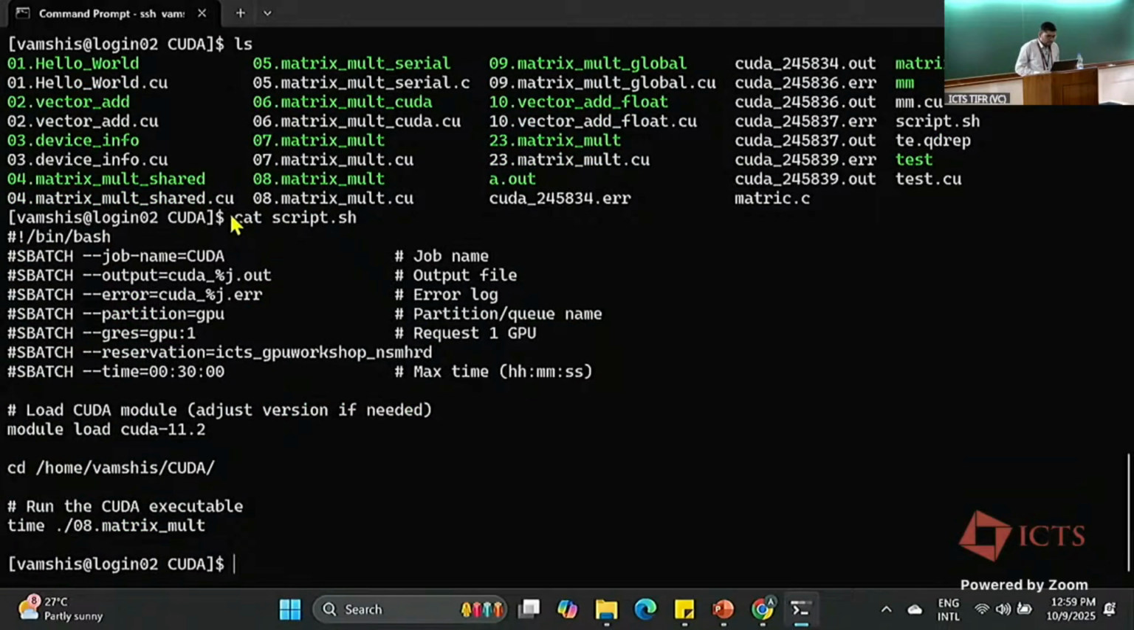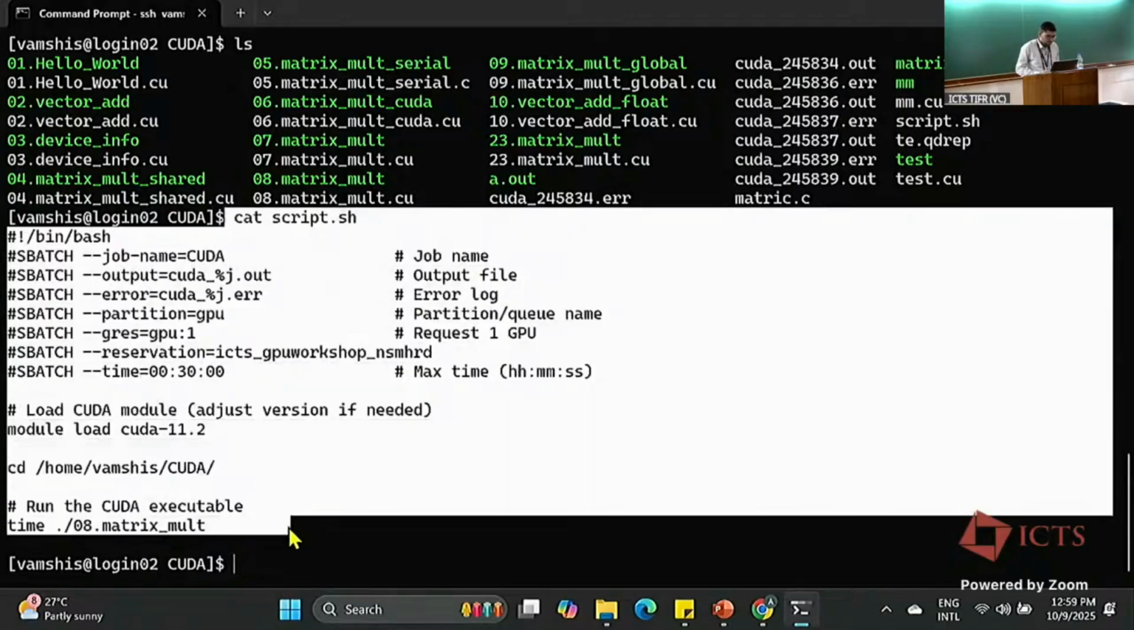Now I am on a login node, and if I want to move to the GPU node, this is the script that I want to write. Basically, you cannot directly move onto the GPU cluster. There are two ways you can interact with the compute nodes: the first is interactive, and the second is batch mode. Here I'm writing the script, so this is the batch mode. Why am I writing this script? Suppose